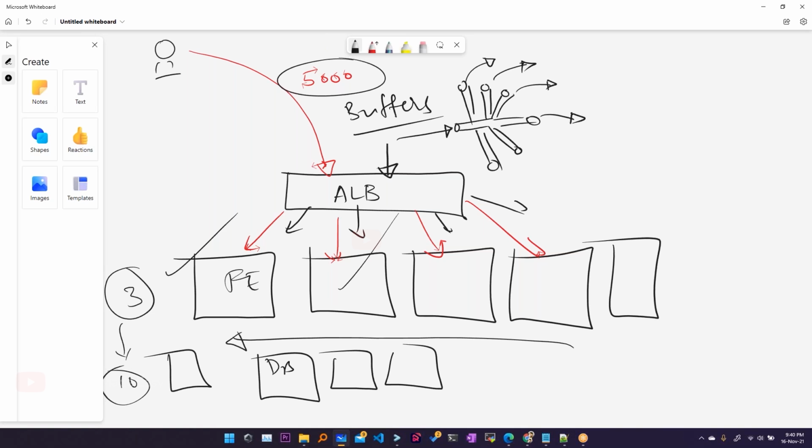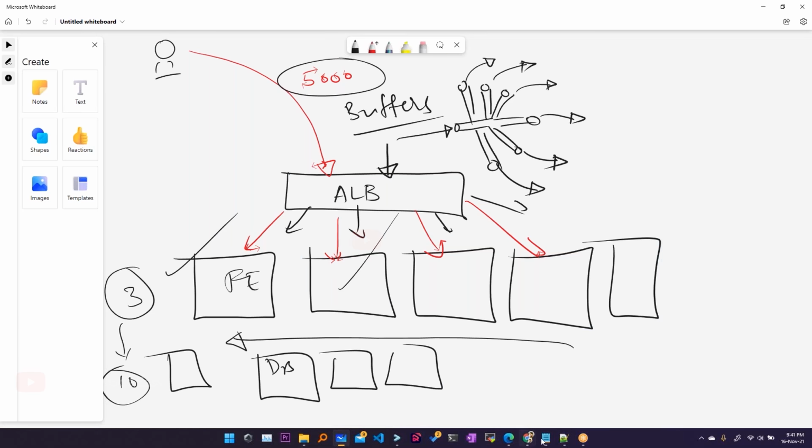Basically, that traffic is split across the number of microservices within that application. All these applications are running as microservices. So we have multiple instances of each microservice: for the front end you have multiple instances, for the database you have multiple instances, depending upon the requirement and how you are going to design the architecture. So this is about the port mapping.